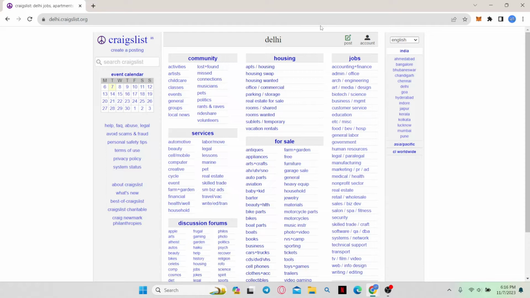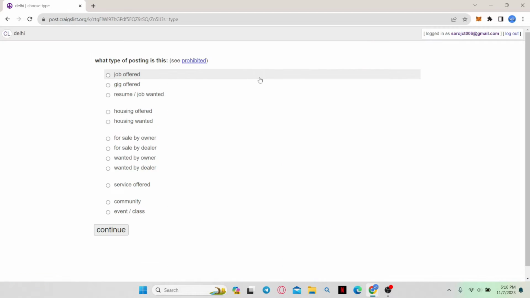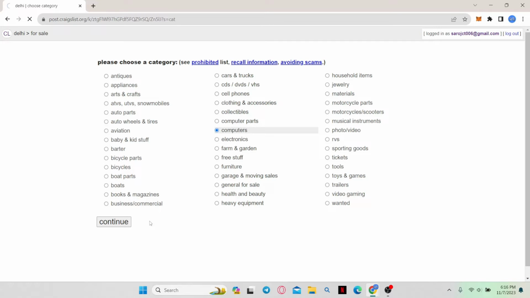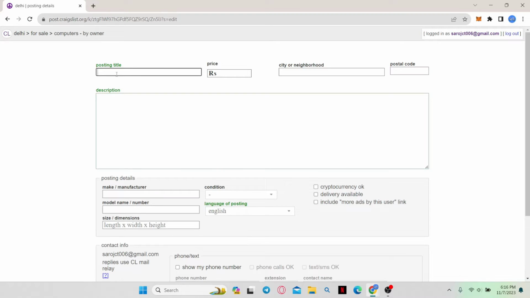Now, if you have created a post already and you want to edit it, you can do it by clicking on account and finding your post, or you can also create a new post by clicking on post. Now there are various options that you can choose to proceed with creating your post. Just go ahead and choose your option, and now you will be allowed to enter the description and details for